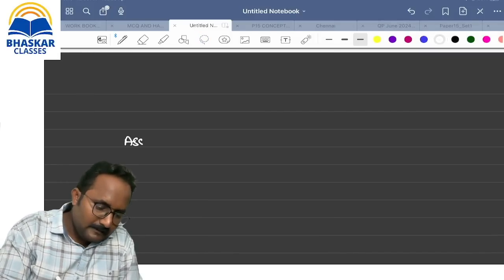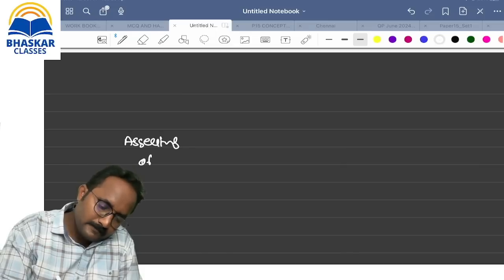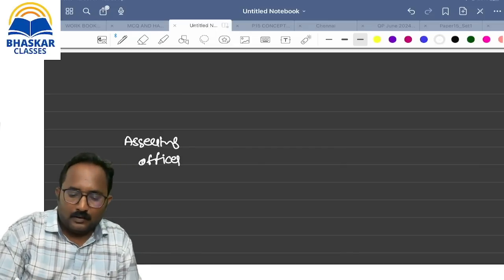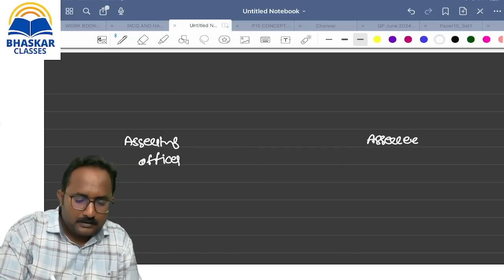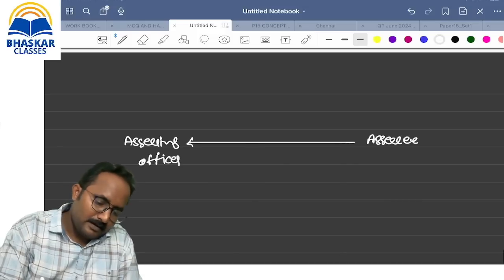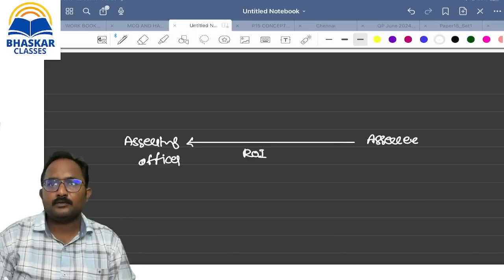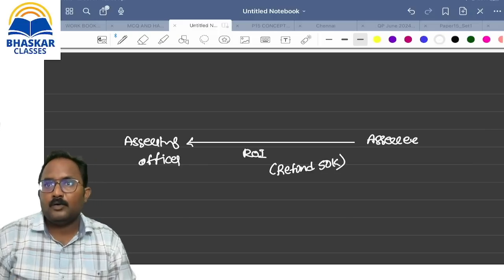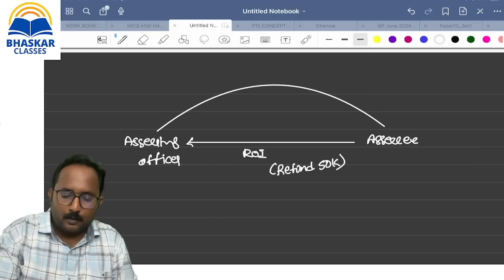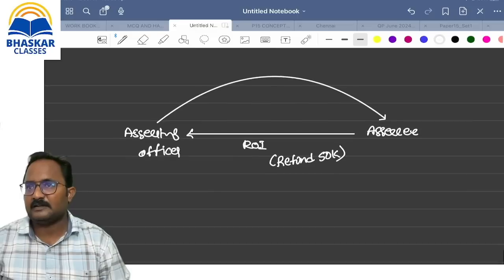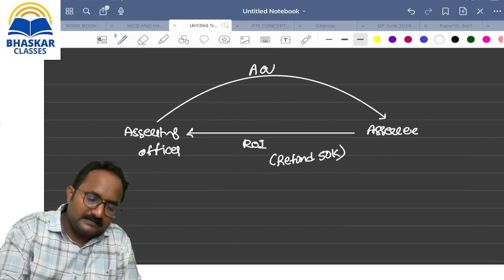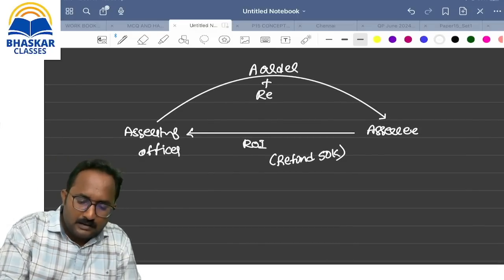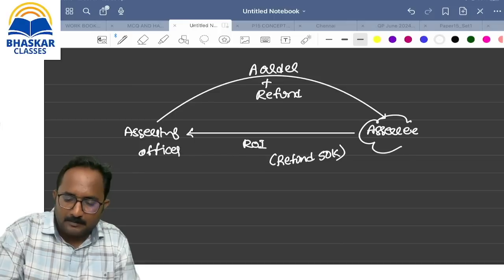The assessing officer is a great personality. So our SSC filed that return of income. He's a greedy salaried employee, so that's why he wants to get a refund of what, ma'am? 50,000. Without inquiry, without a proper inquiry, he is not at all eligible for a refund, first of all. So without inquiry, they are passing the assessment order along with the refund also. He's a very happy person now.